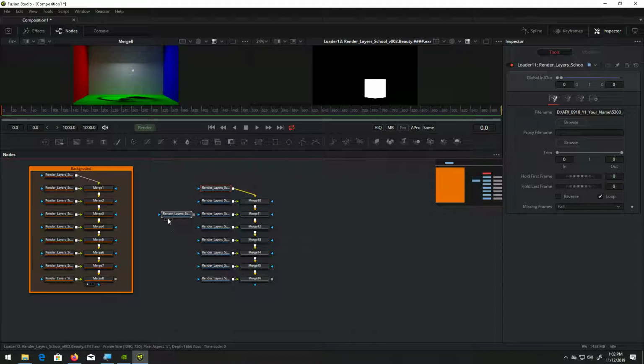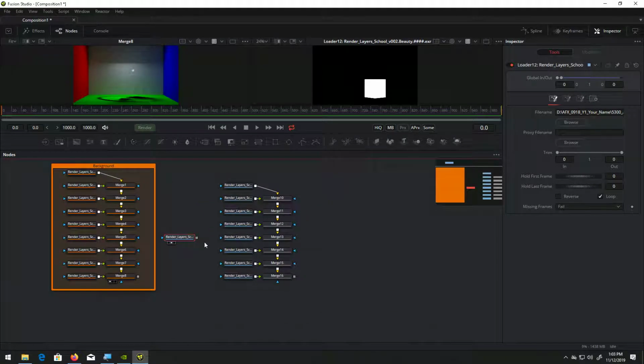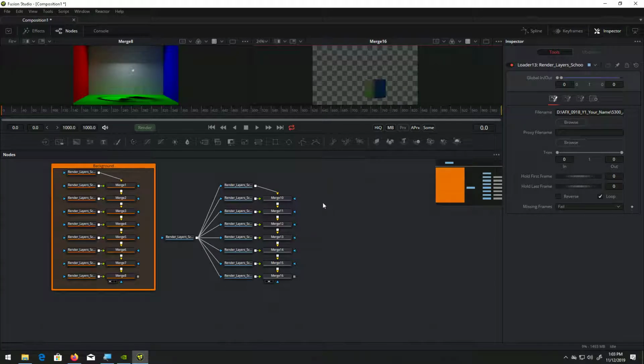But actually I will use this beauty channel to extract the alpha channel for the rest of the passes. So I'll just drag this into this blue area, or blue input, which is the mask input. I'll put my final merge here, and now you can already see that I'm having an alpha channel on my final output. Okay,